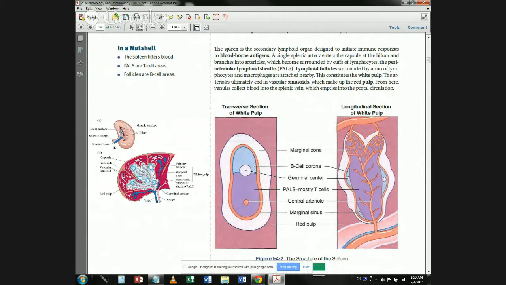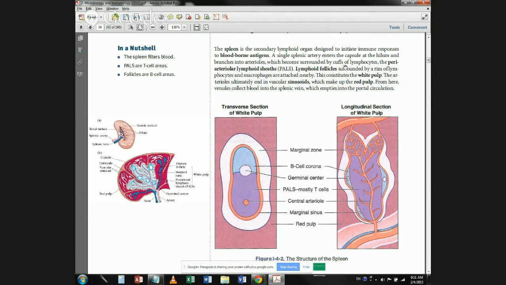Now, what you have here is a single splenic artery. There's a single splenic artery right there that enters the capsule at the hilum. This is the hilum, this entire area. And it enters the capsule from there. This outer area is the capsule. And it branches into arterioles. So once it's in there, it branches into all these tiny little arterioles, which become